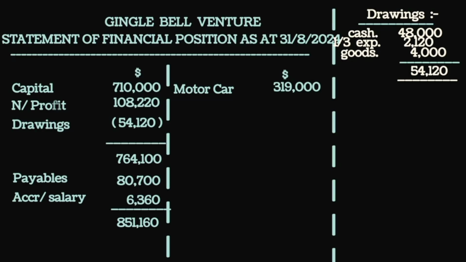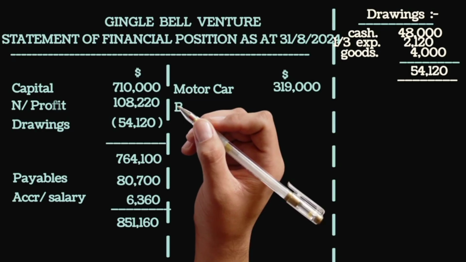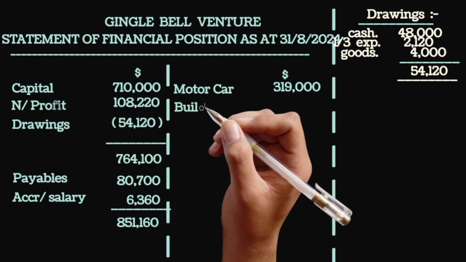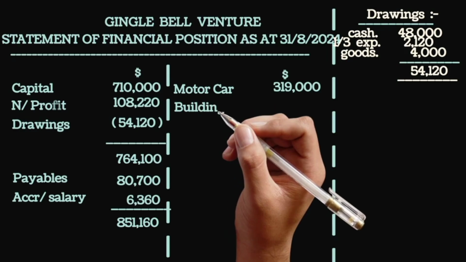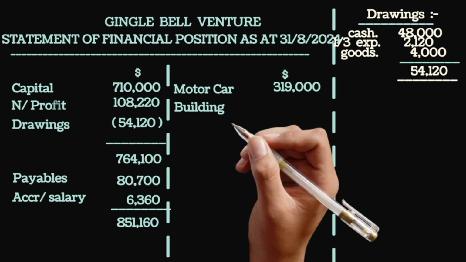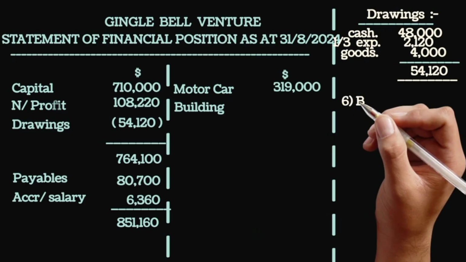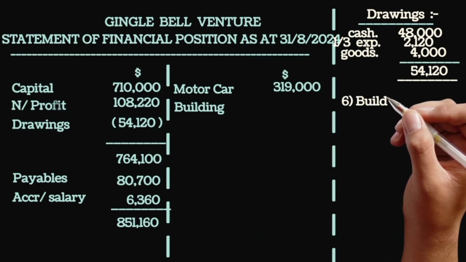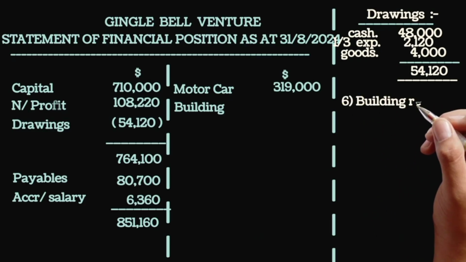On the asset side, we are supposed to begin with how permanent the assets are. So we are supposed to begin this side of asset with land and building. But we began with motor vehicle, which is